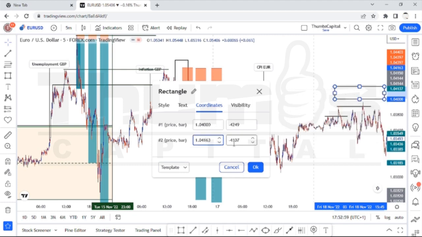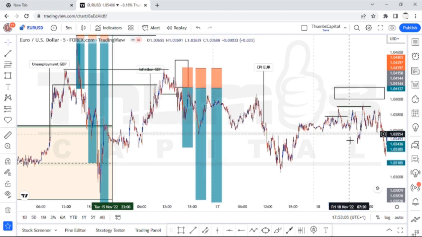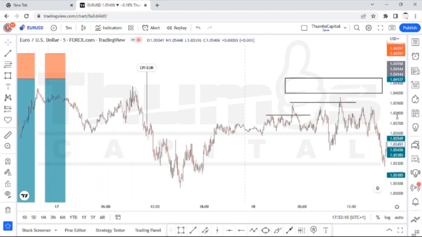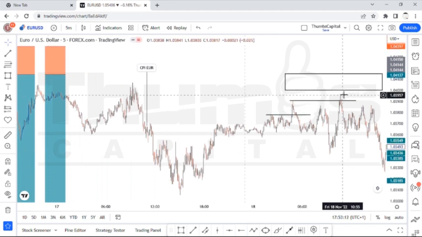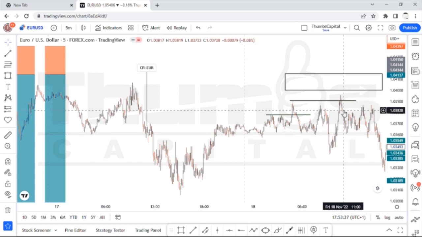1.0400, and the next one to that will be 1.0415. This is where I expected to get my entry, but unfortunately price didn't give me that. Price took out the liquidity and rejected back into the zone. If you remember, like I said earlier, there is always a second opportunity to enter, which is the retest of